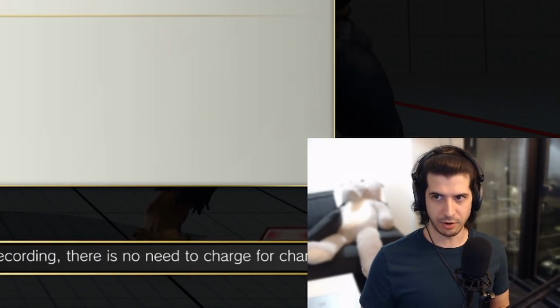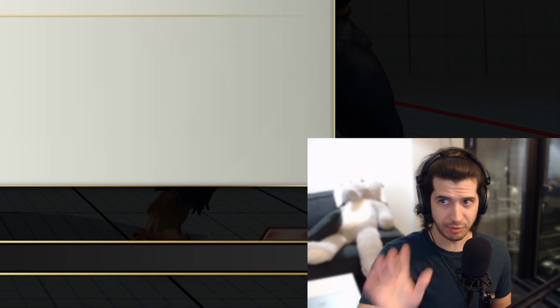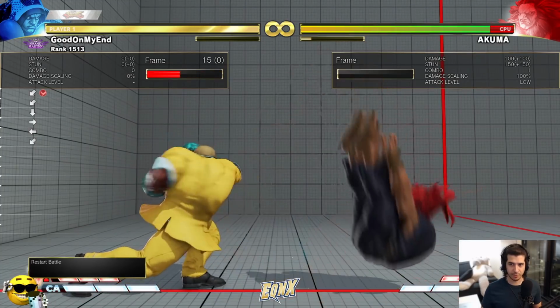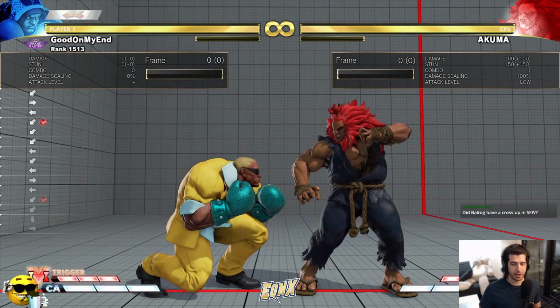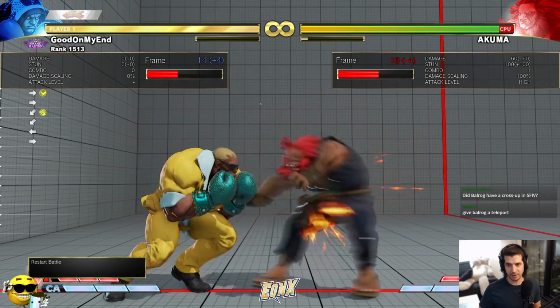So I have Akuma here set to do a wake up with his fastest move, his standing jab. It's 3 frames. It's the fastest move you can have. And I'm going to have him do that move on wake up. So anytime I knock him down, I'm going to have him quick rise and press that button. Now, what does that give me from this knockdown? From this standard knockdown,